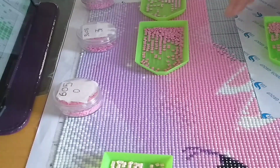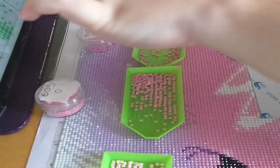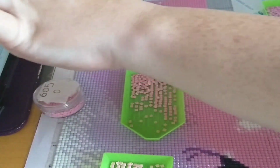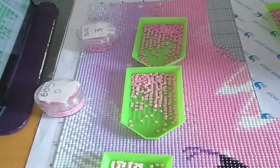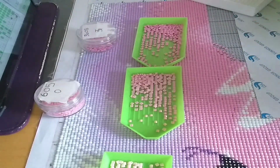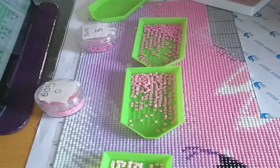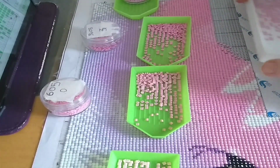Okay, number 2. Keep forgetting. Okay, so I'm going to need a few of these. Do you know what? I'm going to put them in my big tray. Oh, I've seen 2 odd colours in there now. There's one. There's 2 more in the pot. Okay, so